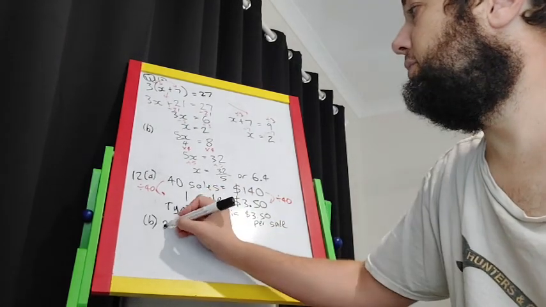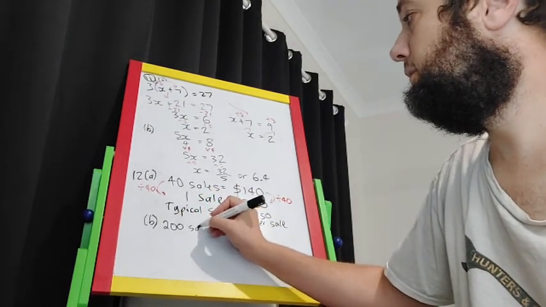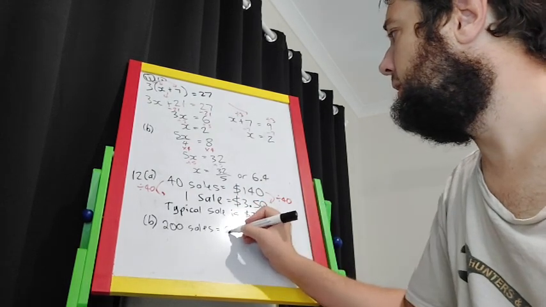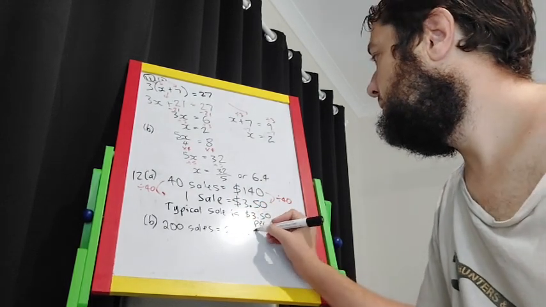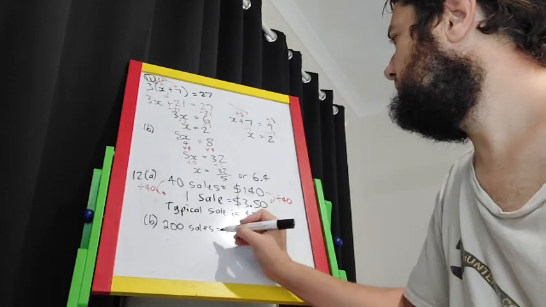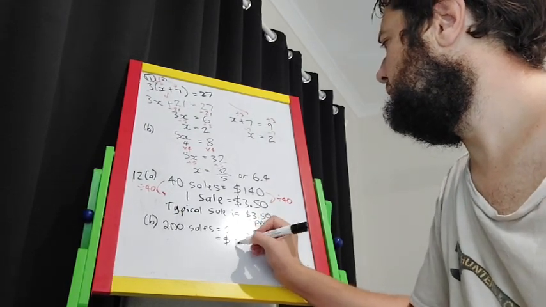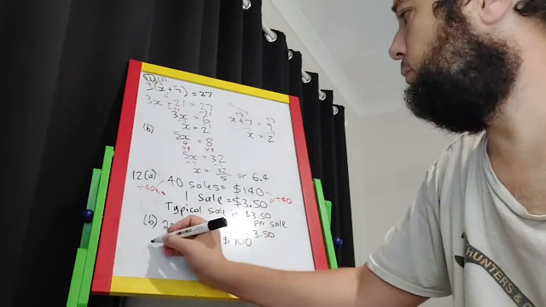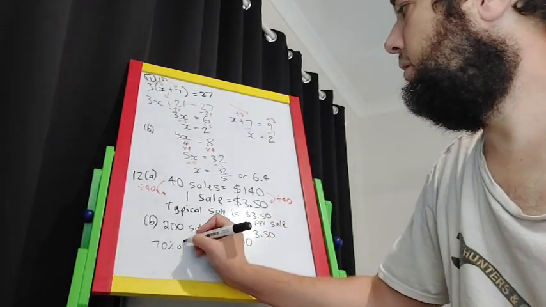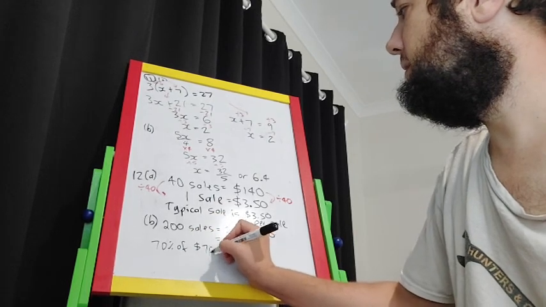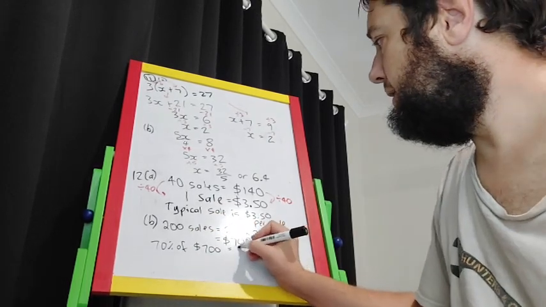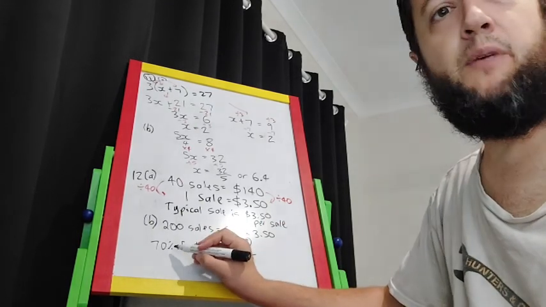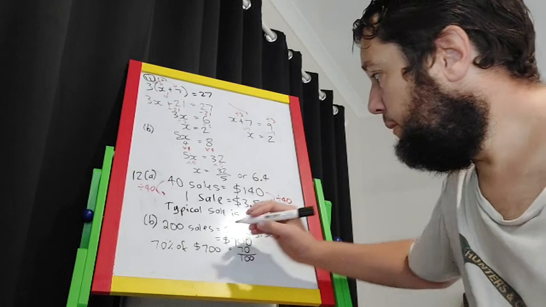All right, well, 200 sales, using our previous data, if one sale is $3.50, 200 will be 200 times $3.50, which is $700. Right, and we then want to know what 70% of $700 is. Now, percentage is a number over 100. So 70% means 70 over 100. Of means multiply,